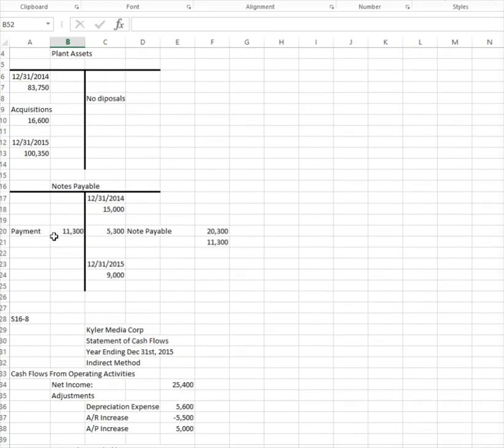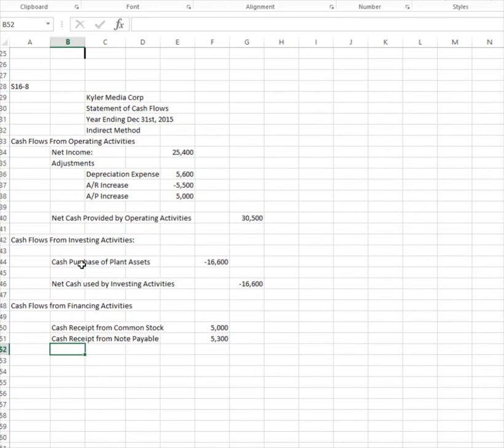We figured out that we paid off $11,300 in notes payable. So we're going to have a cash payment of notes payable